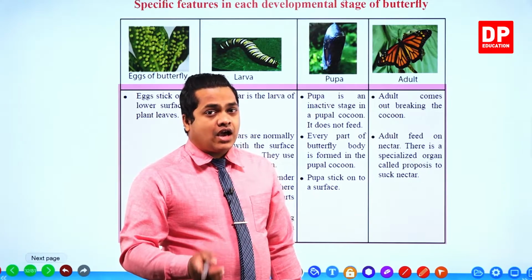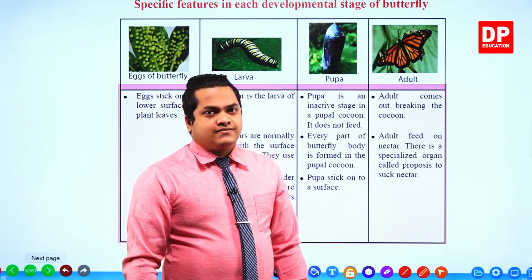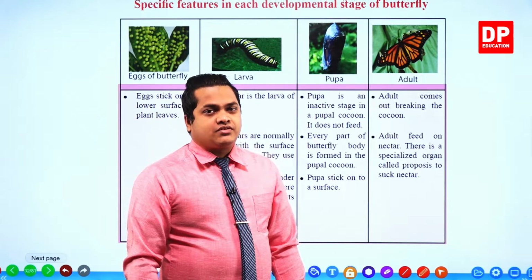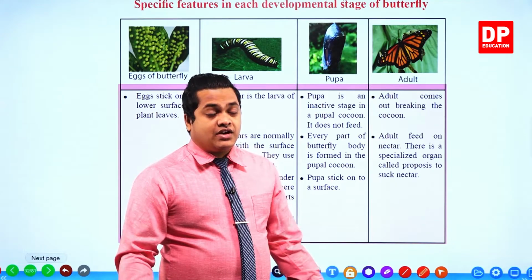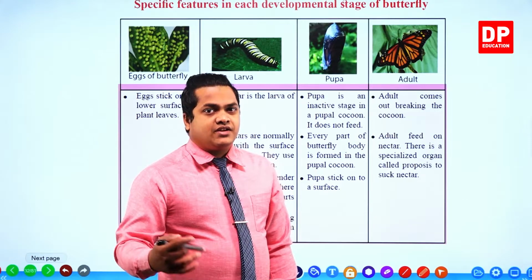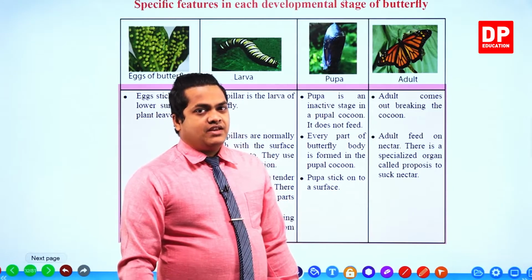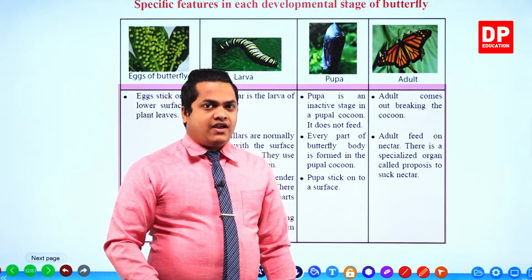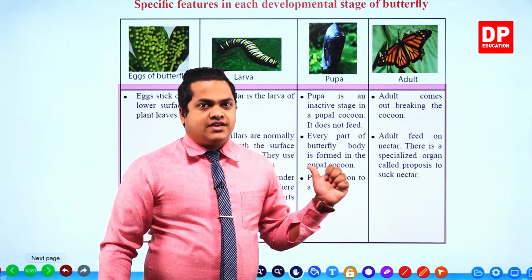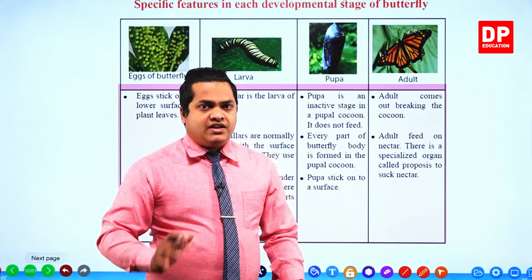That is how complete metamorphosis works. What do we mean by complete metamorphosis? The body structure is entirely changed, my dear children. We can't even observe very clearly whether that organism is going to be converted into that kind of organism in the future. In the same way, the same process can be observed in the butterfly as well. If you check the second stage of the butterfly, the larva or the caterpillar, there is a dramatic change in their feeding mechanism,